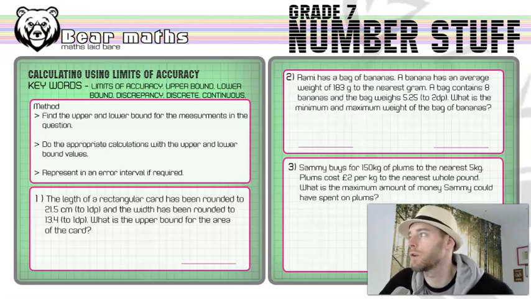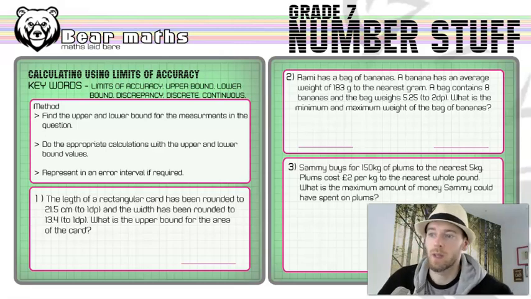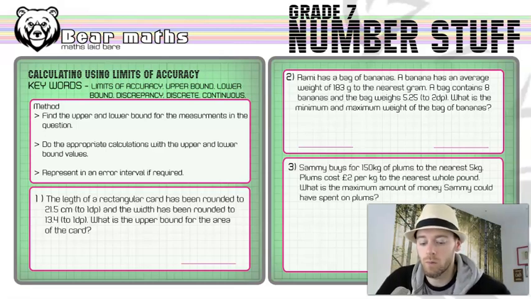The keywords I've got for you: limits of accuracy, upper bound, lower bound, described in the error intervals video. If you haven't yet watched the error intervals video, you will need to in order to understand the stuff in this one. So upper bound is the